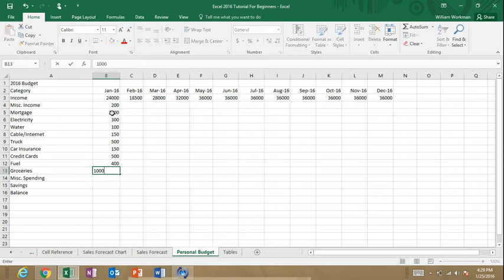Groceries of $1,000. Miscellaneous spending, let's say $2,000 a month. So you put $2,500 into savings, and we will use a formula or function to get our balance. Okay, so since it's monthly and it's a budget, this is going to be roughly the same each month